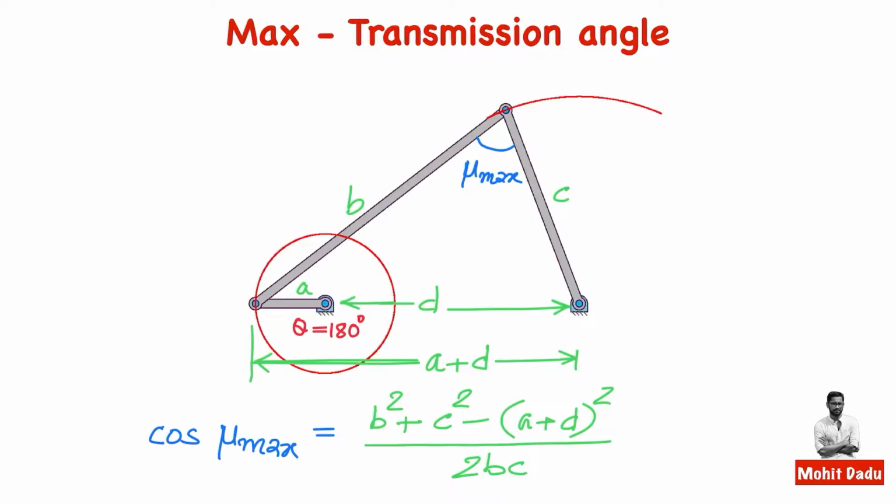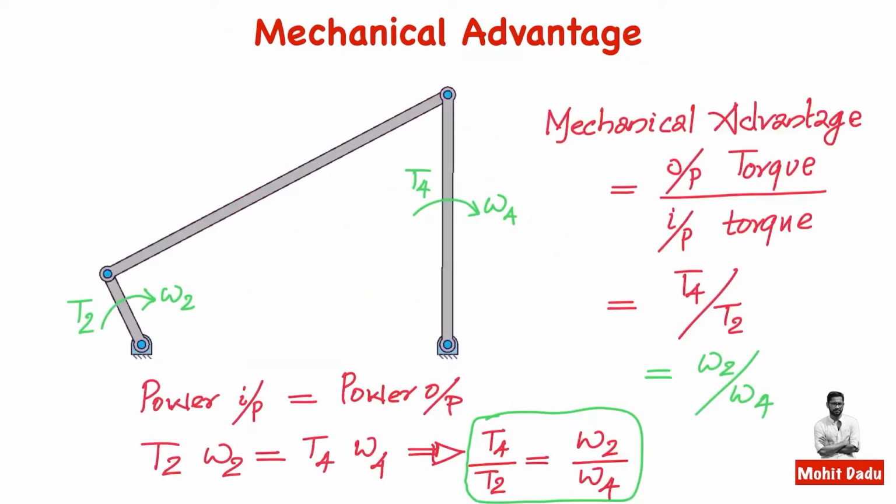If these transmission angle ranges are closer to 90 degrees, then that mechanism is efficient in transferring. So you will get more output torque, or more torque on the output link. And finally we will be seeing another term which is known as mechanical advantage. This mechanical advantage is analogous to the efficiency of an engine that we are discussing. Mechanical advantage is defined as the ratio of output torque to input torque, or the torque obtained at the output link to the torque supplied at the input link.